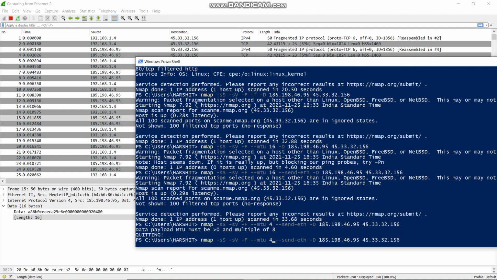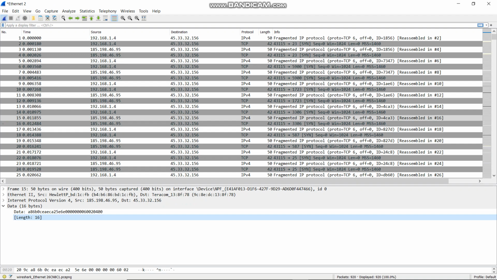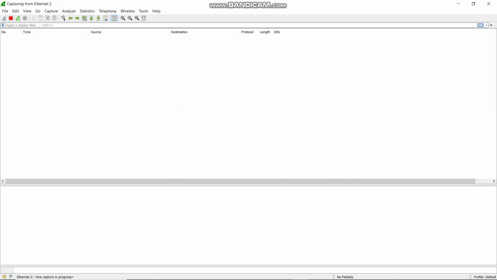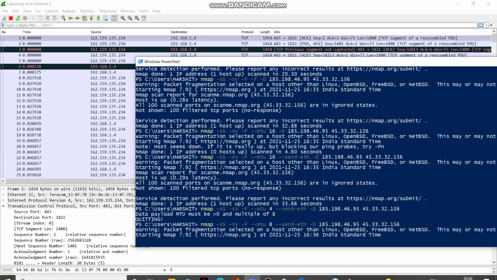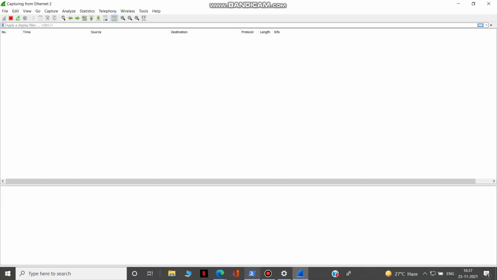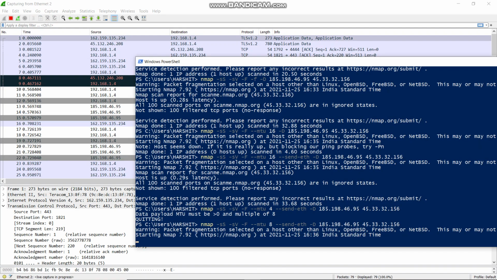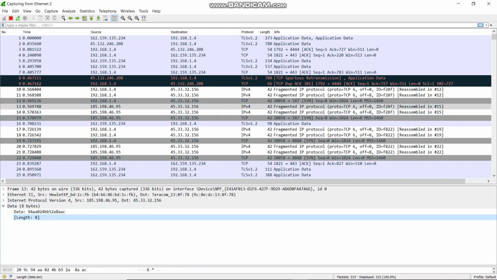Okay, now let me try to break it into 8. Here you can see I broke it again into 8 bytes.